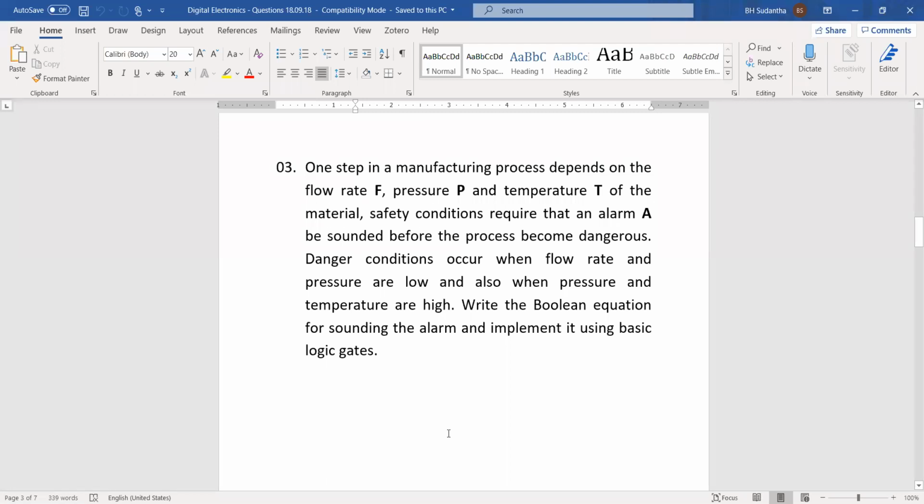Okay, but at this stage, we should be able to understand the question, and we should be able to extract the number of inputs and number of outputs. Then based on that, you should be able to draw the block diagram, and you should be able to extract the conditions, then fill out the truth table. Then after filling the truth table, I think you can convert that one into an equation. The drawing of the circuit is not a problem, but all these things you should be able to do. Then try on your own, and without thinking that you can do it later, can you take a piece of paper and try this one on your own?